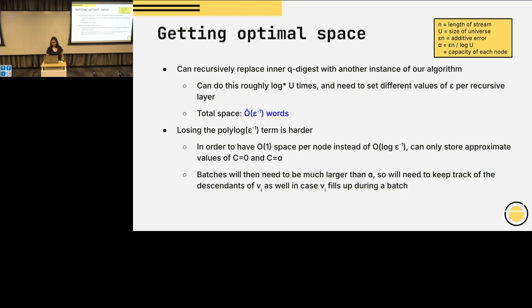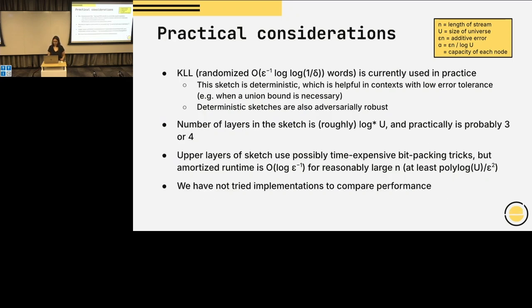A couple of points I'll bring up here. The first one is that, the way I describe the algorithm, when you go from the second layer to the first layer, you need log 1 over epsilon bits to specify the count at a node. Even though now you don't need log alpha bits, you do still need log 1 over epsilon, and you only want O of 1. So you really are only able to tell if a node is empty or full. You literally cannot tell anything else from your sketch. There are a few points that I don't really care that much about going into for now.